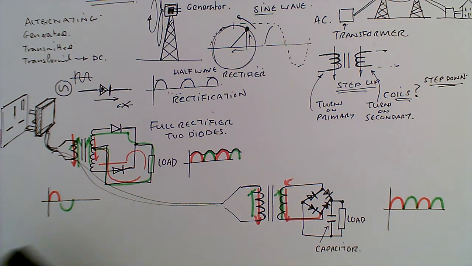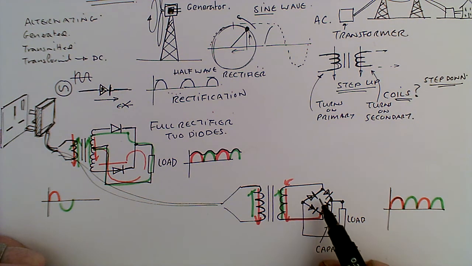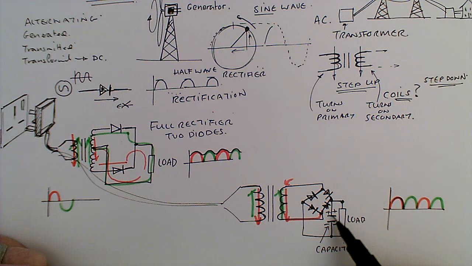So what we can do is, if you imagine that while that's going on here, as this is charging up, as the load is running, as we've got current running through here, we've also got a charge gathering on the capacitor. And what happens now is when this voltage drops here, we've got this gap,